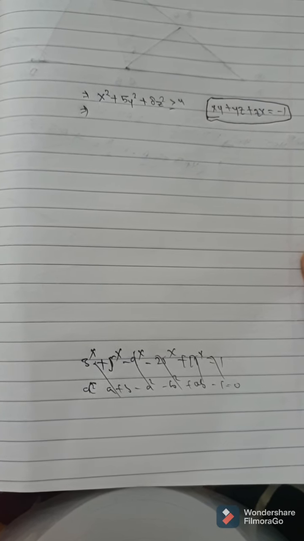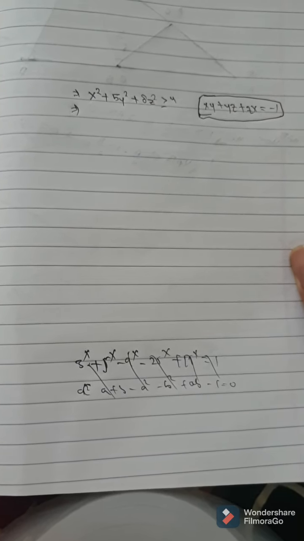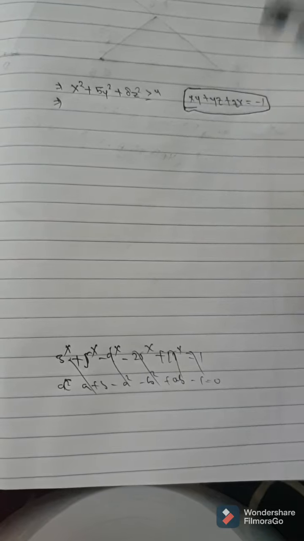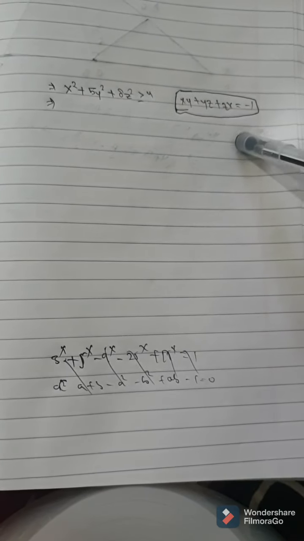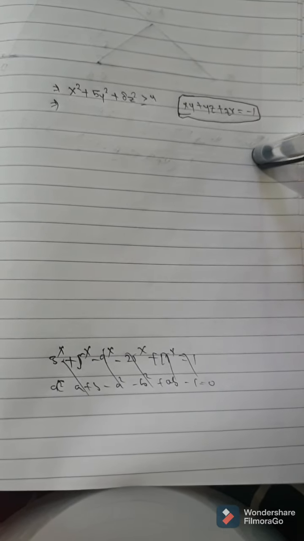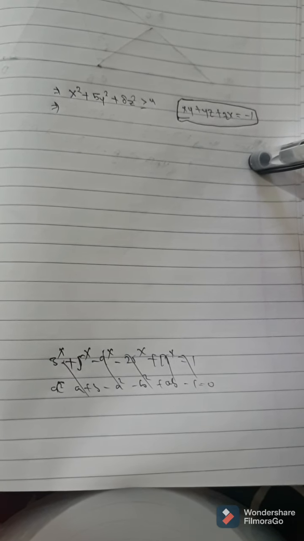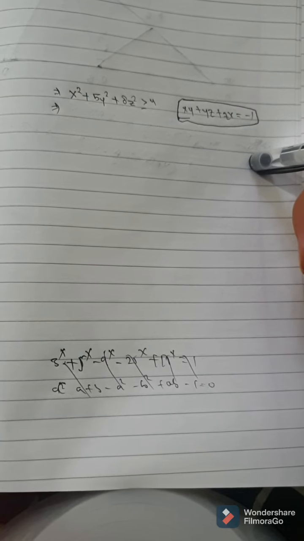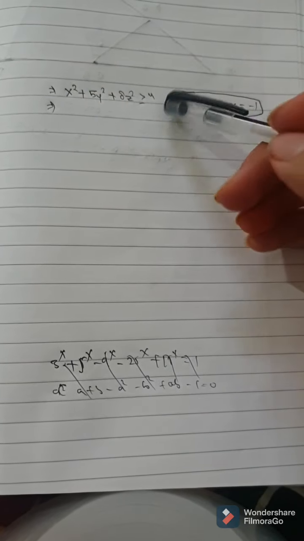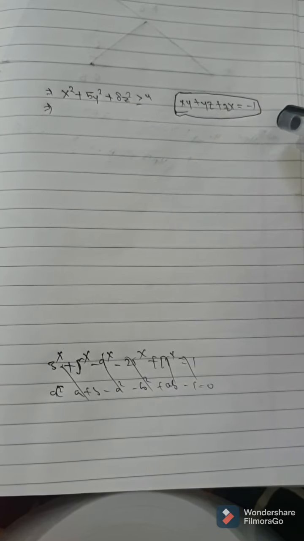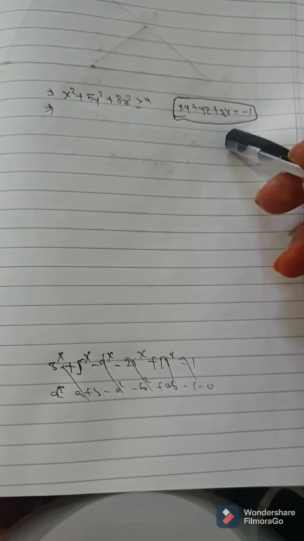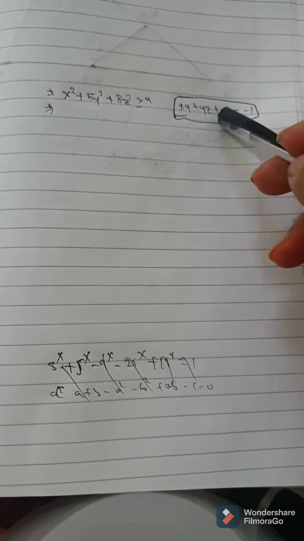Here also one important configuration is shown. In Olympiad maths inequalities, many times a condition will be given, and that condition, like xy plus yz plus zx equals -1, has to be used in some way or other to prove the inequality. How can we use it here? See, we observe that 4 is given and -1 is written to be xy plus yz plus zx. So -4 into xy plus yz plus zx equals 4.